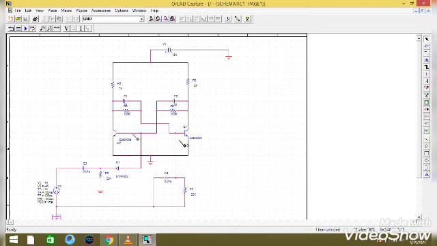I am placing it here, base 1, base 2, and at the collector 1 and collector 2. Right click and end mode.